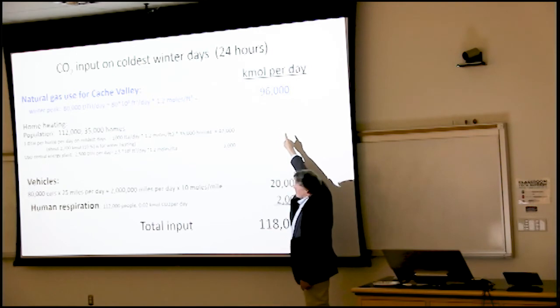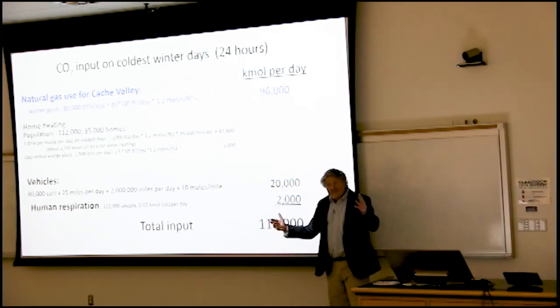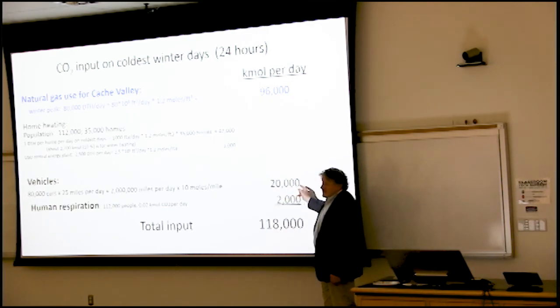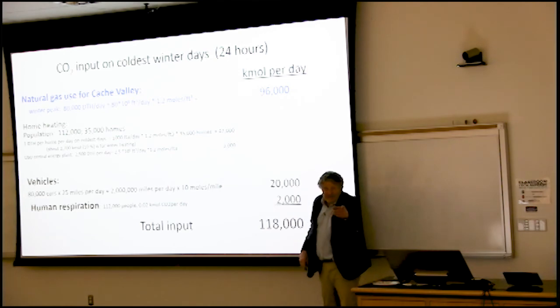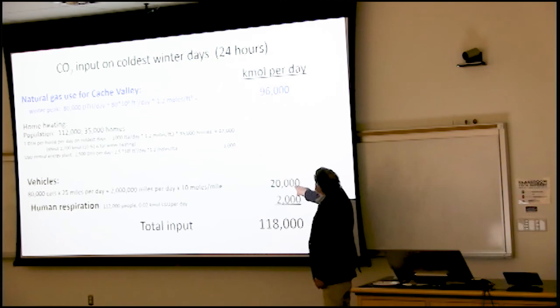But there's the total. Look at how that dwarfs the vehicles. This is a day now. So it's not just night driving, it's day driving. Data from UDOT. This is a staggering number. As small as this seems,